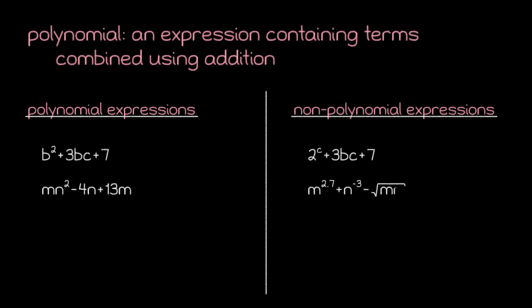Then, in our next non-example, notice that we have a decimal exponent, a negative exponent, and a square root. None of these terms are achievable as a product of number and variable factors, so none of these terms could be terms of a polynomial. For our final example, we have a standard polynomial, but in our non-example column, notice that the first term contains division by x. Since terms of a polynomial must only contain numbers and variables combined using multiplication, this division is not allowed. But hold on, wasn't there also division in the example column?